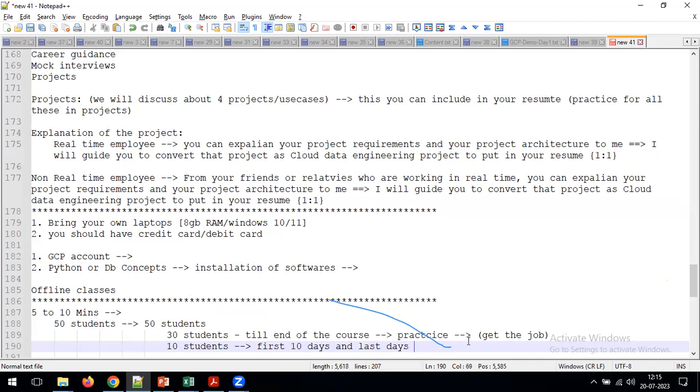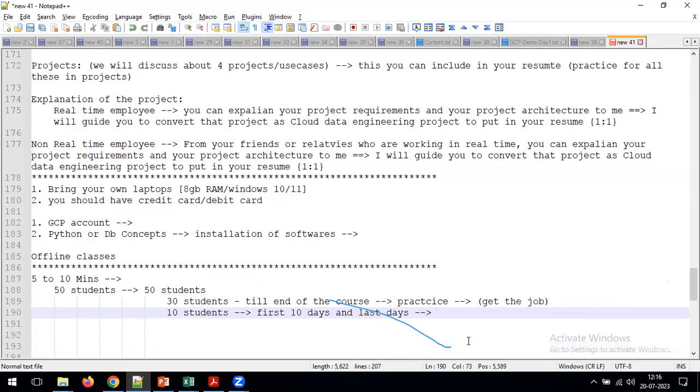Now you tell me, can they get the job? Because I'm doing a job now, I have to leave that job and come to this. See, that's a very bad thing. If anyone is doing a job and wants to learn this technology, this course, don't leave the job. That is my sincere suggestion. Do it in parallel. By leaving the job, if you come and don't get the job, it will create a lot of personal impact on you. If you're a job holder, please do the job in parallel and try to adjust the timings for the purpose of learning this course. That is my sincere advice.